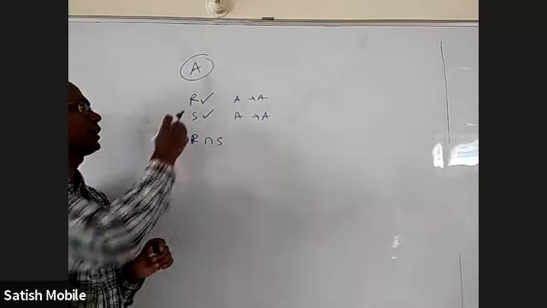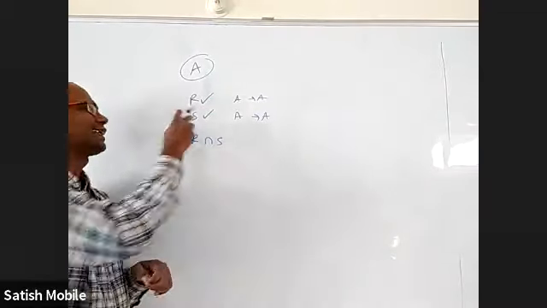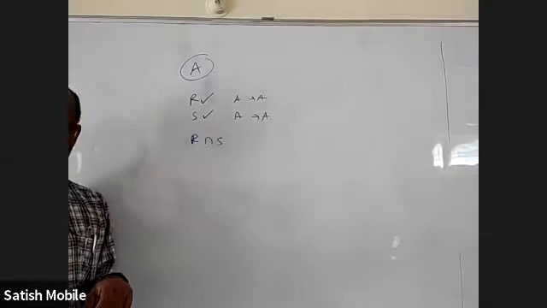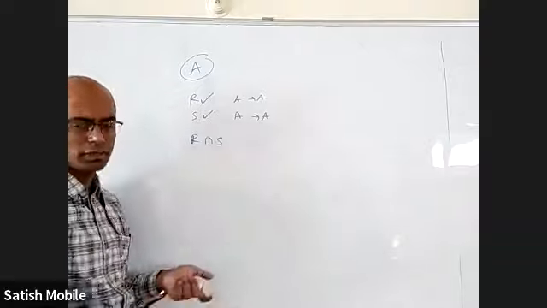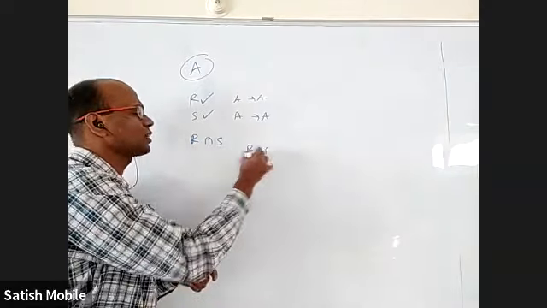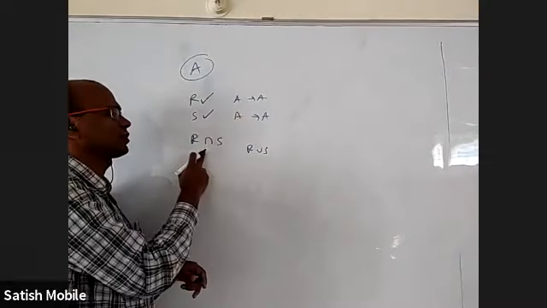Yes, because R will have A comma A, B comma B, C comma C, D comma D, everything is there. In S also A comma A, B comma B, C comma C, all are there, the full list of same elements. In R intersection S also they will be there. You take R union S also they will be there. So when this is reflexive, this is reflexive, this is also reflexive.